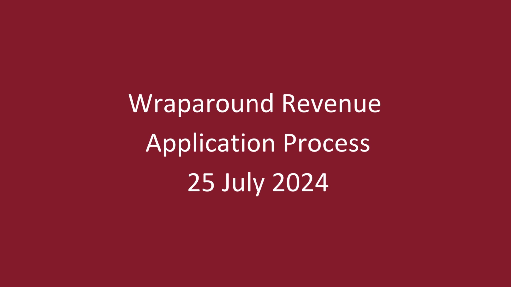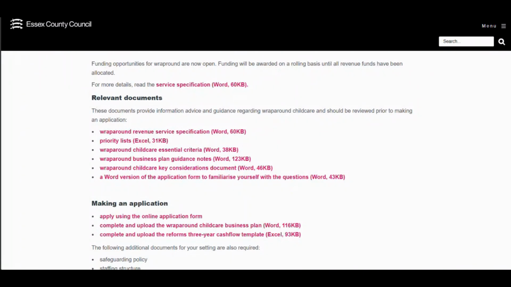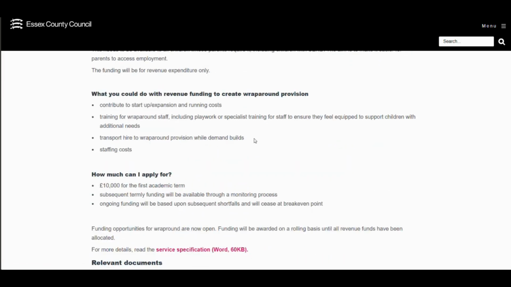So this is a brief video to discuss how to apply for the Wraparound Revenue Application Form. We'll talk you through a couple of documents and predominantly focus on the application form in its sections. When applying for the Wraparound Revenue Application Form, you'll see on the website several documents, the information in terms of